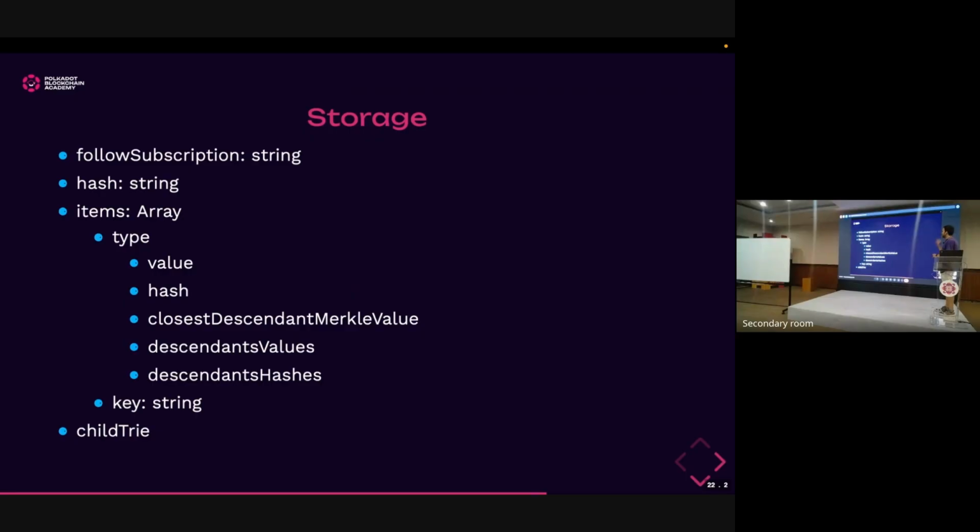So this is all it takes to make a storage request on JSON-RPC. This is a JSON-RPC request for a storage. There's the follow subscription, we already know that, and the block hash. Now you have an items array where you need to say what you want to access. This is the only JSON-RPC operation where you can do multiple requests at once. And for each one of these requests, you have to say what type of request you